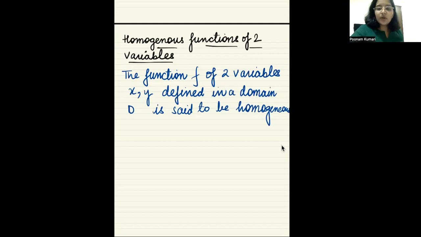Whenever we talk about a homogeneous function, it is homogeneous of some degree. So a function of two variables x and y in a domain D is said to be homogeneous of degree k